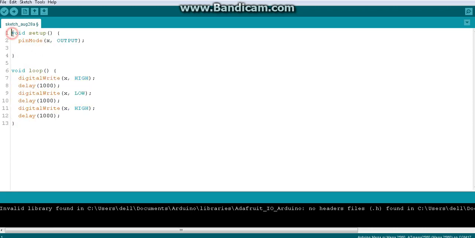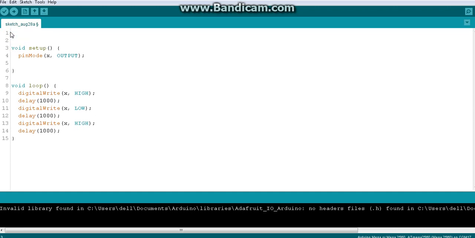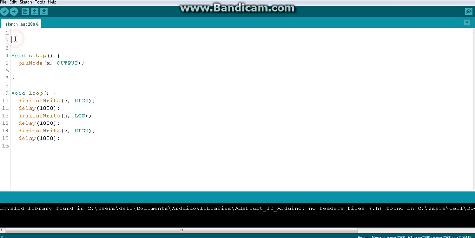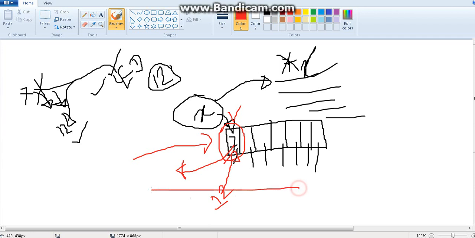Okay, let's see this. Normally we are doing such things before void setup. Before typing the void setup, just type and enter, and we are doing this kind of thing.